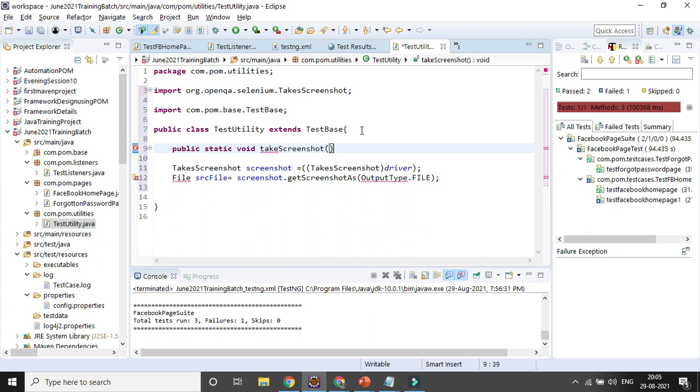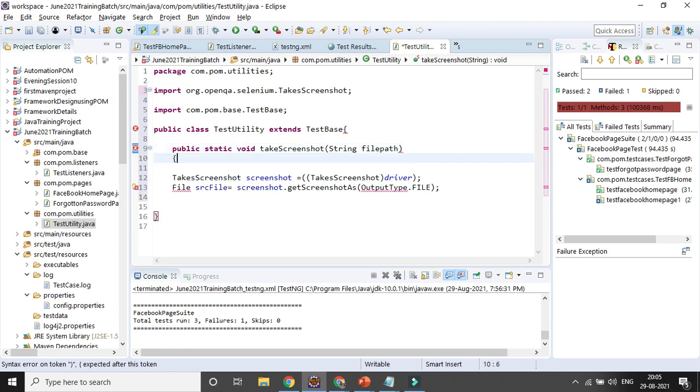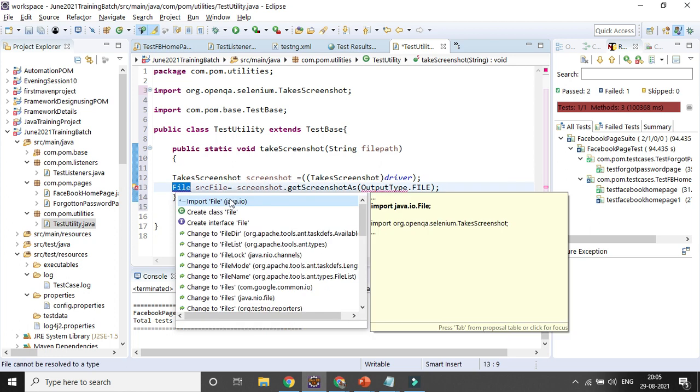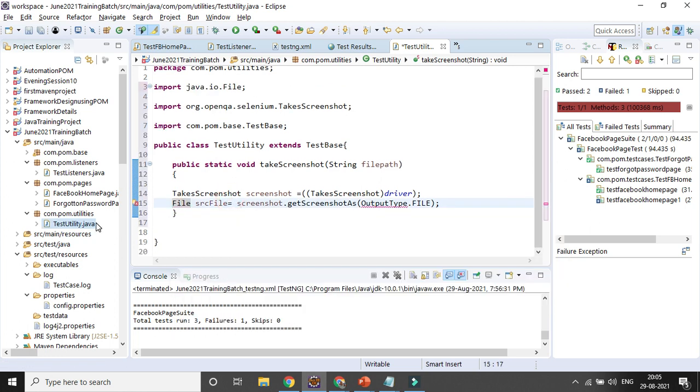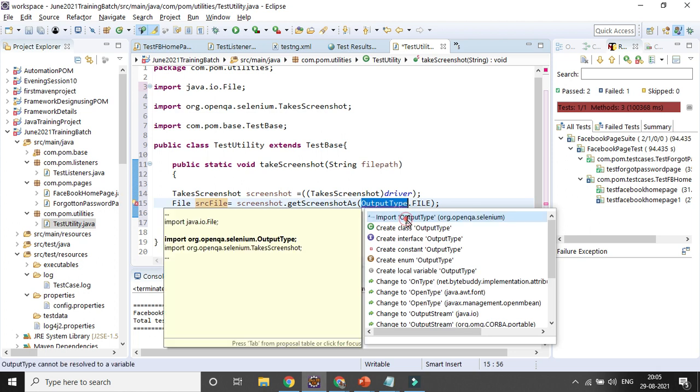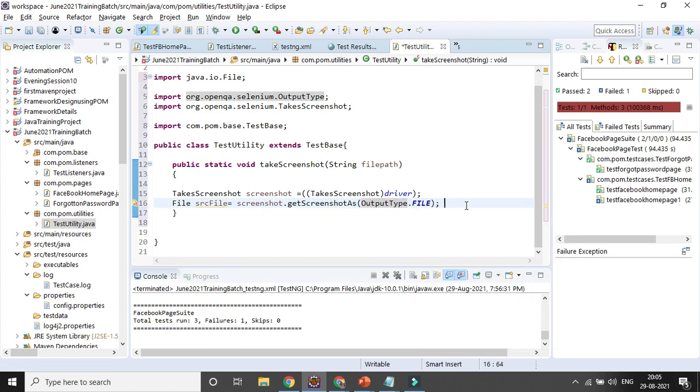Here we can provide a string filePath, where I want to store my file. So that will be my method here. I need to import File from the java.io package, and also OutputType from the org.openqa.selenium package.